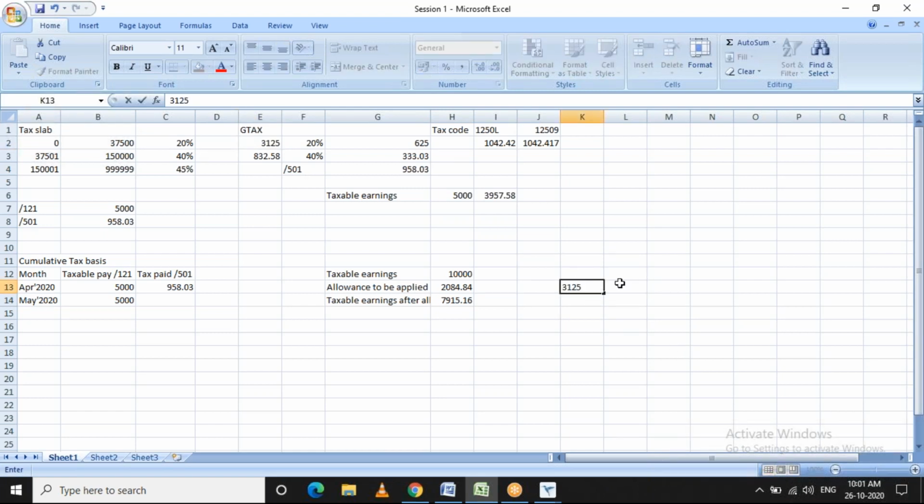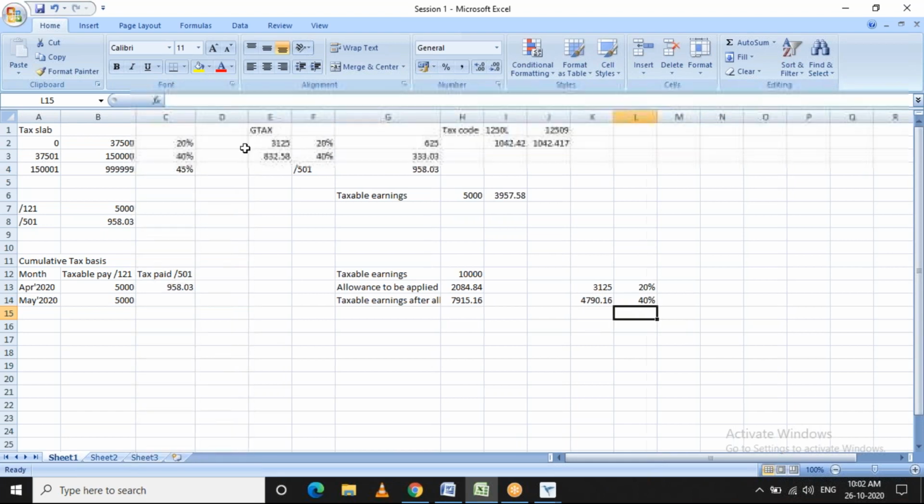So 3,125 is on 20%, and the rest of the figure, that is this minus this, will be applied on 40%. Clear?